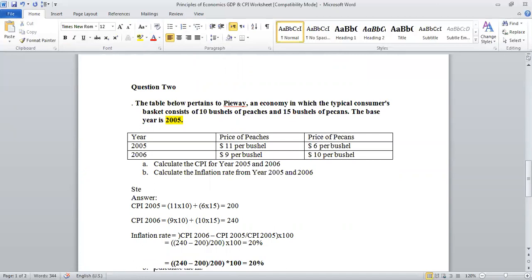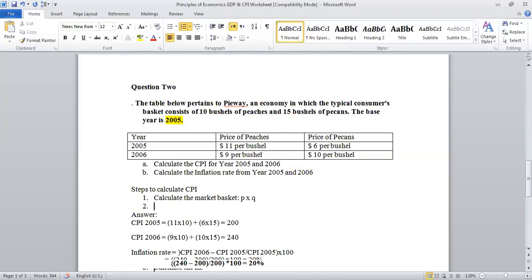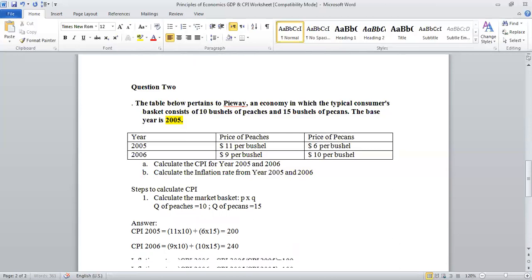Steps to calculate CPI. Number one, we need to calculate the market basket. الماركت باسكت ده بنجيبه ازاي؟ It's basically price times quantity. هو already مديني الكوانتيتي ما بتتغيرش. الكونسيومر باسكت اهو. اوكي، يبقى الكوانتيتي of peaches is what? 10. والquantity of pecans is 15. تمام؟